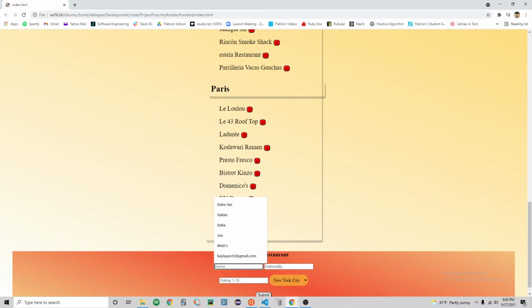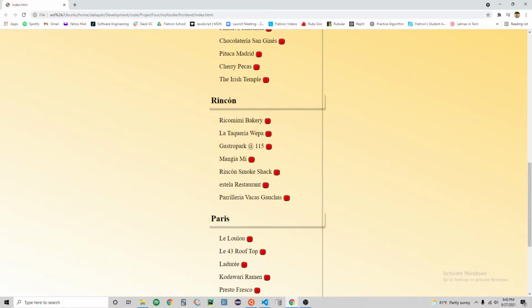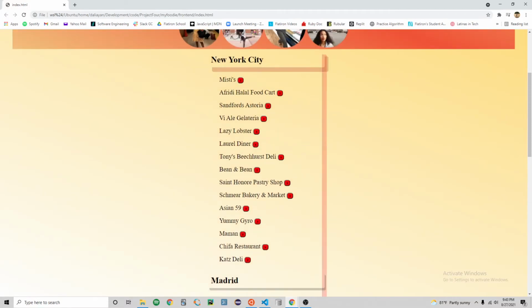Let's say I went to Katz Deli in New York City. Nationality, I would say it's kosher food. Rating is a 10, even though it's very expensive. And the city is New York City right here. So I click that. I submit. If I scroll to the top of my list for New York City, I see that Katz Deli has been